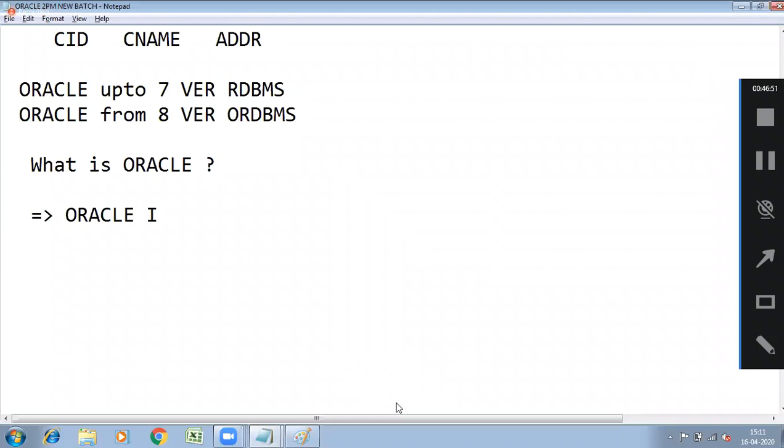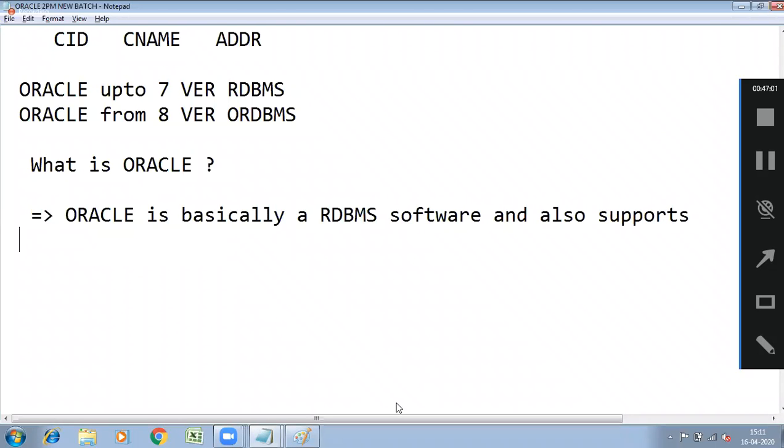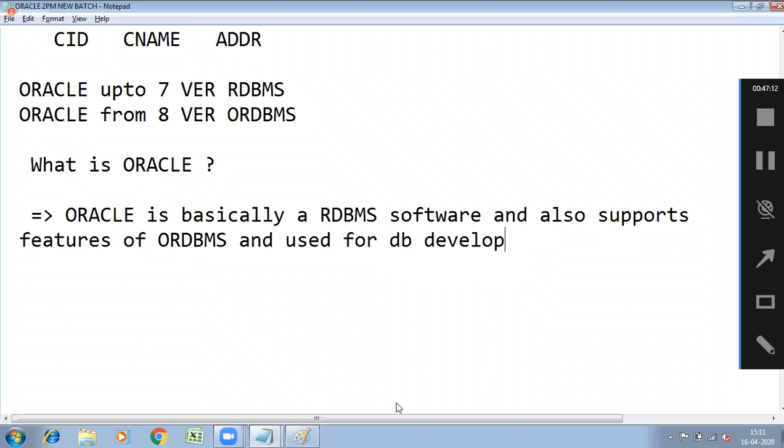So Oracle is basically RDBMS software, and it also supports the features of RDBMS, and is used for database development and administration. It means you can use Oracle for both database development and database administration.